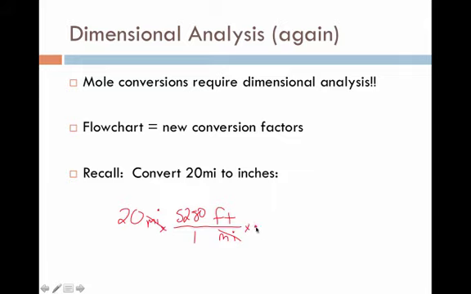And then I can continue that process by putting in a new conversion factor. Now we want to cancel out this unit of feet, which means feet has to be down here. We can convert feet into the unit we want, which is inches, and I know that there are 12 inches for every 1 foot. Quick second with your calculator, we get 20 times 5,280 times 12, and I get an answer of